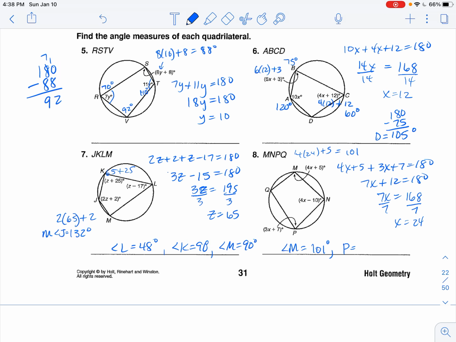Okay, so if I wanted to find the measure of angle P, that's the supplement. And so that's going to give me 79. Measure of angle N, 4 times 24 minus 10. And the measure of angle N is going to give me 86 degrees. And the last one, the measure of angle Q, will be its supplement, and that's going